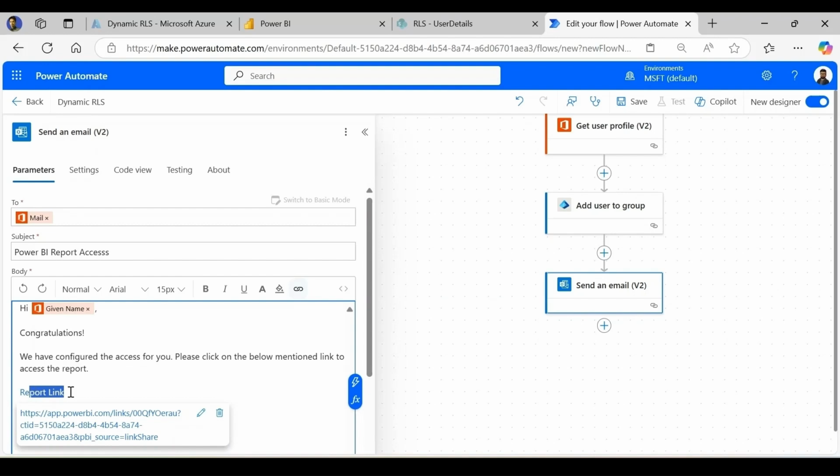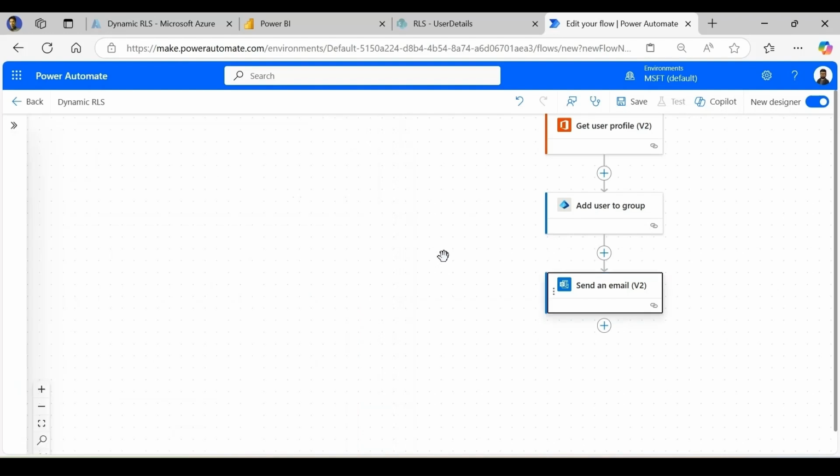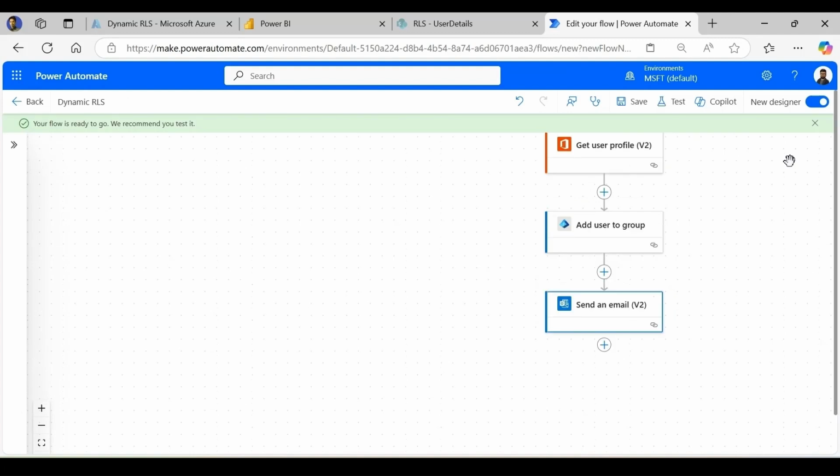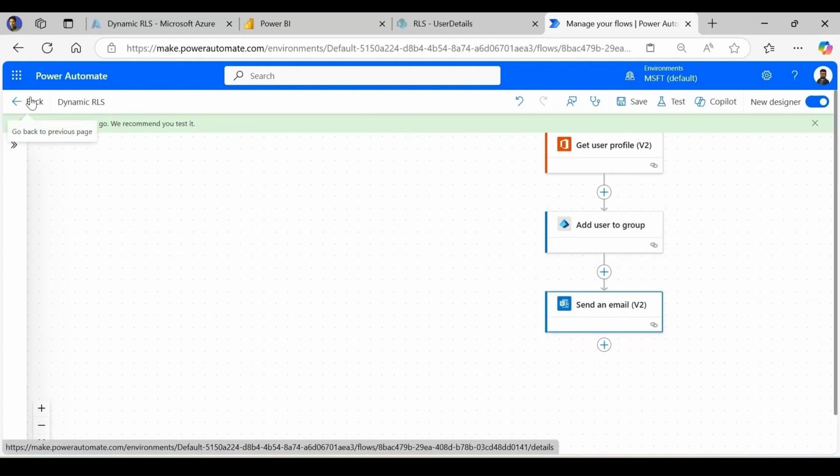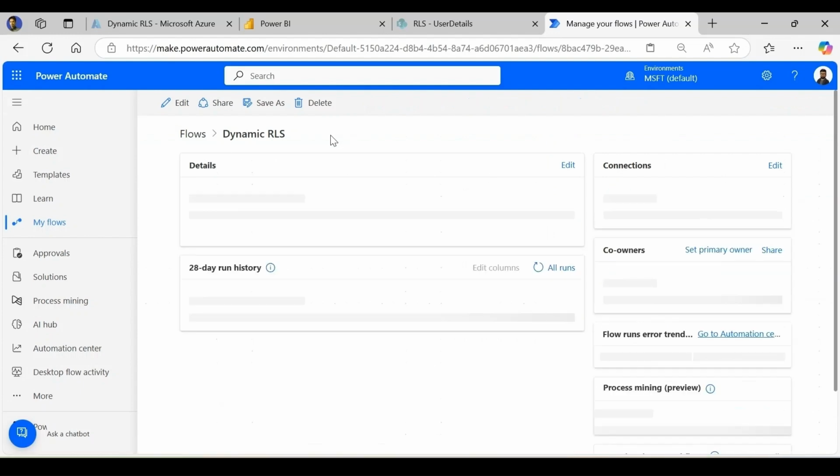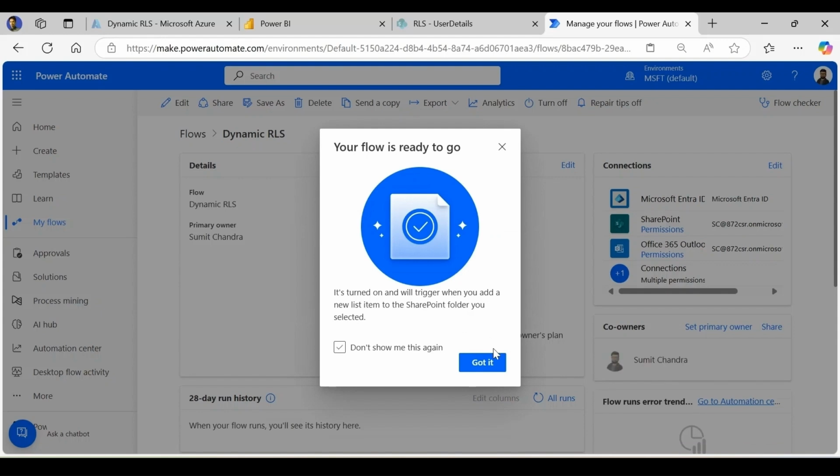Let me format it a little bit. So I'll mark this bold. So we are done with our flow. Let me click on the save button. Now to test this, let me add a user on the SharePoint and we'll check that this flow should run